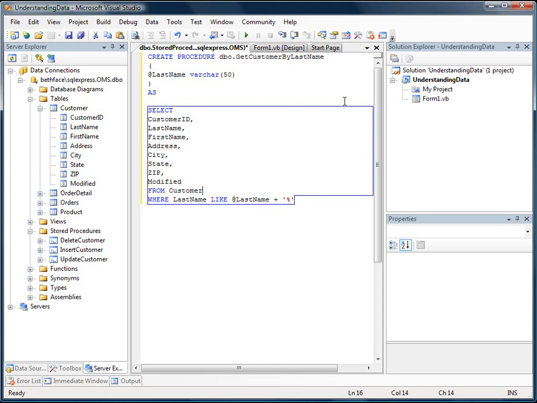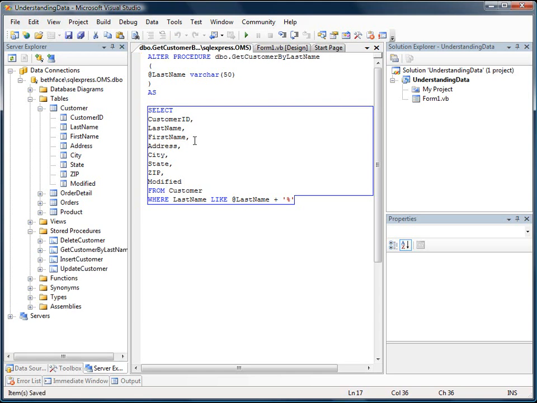So this means where last name starts with our parameter. This percent here is like a wildcard character. So we're just going to press save here, and that will add our stored procedure right here into the